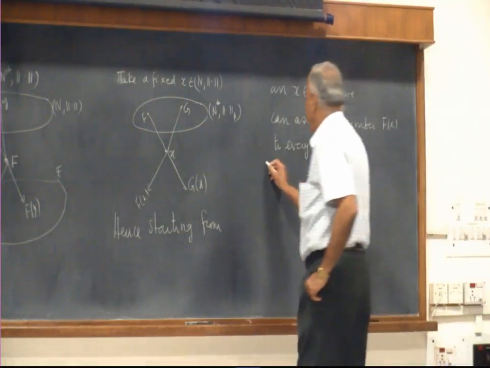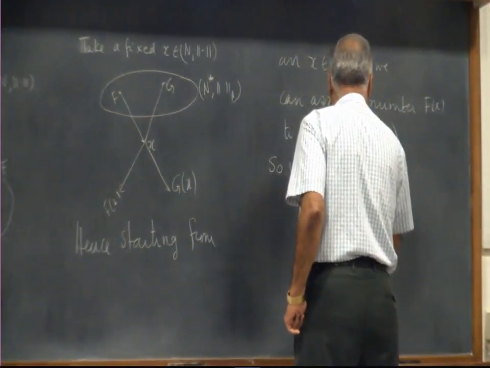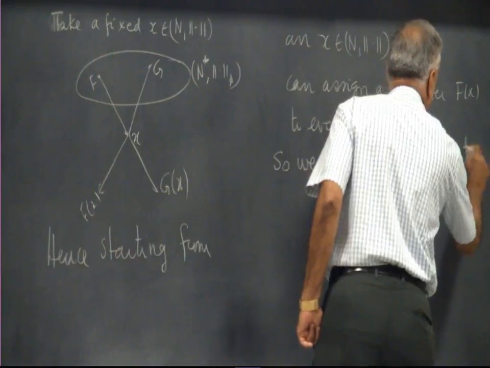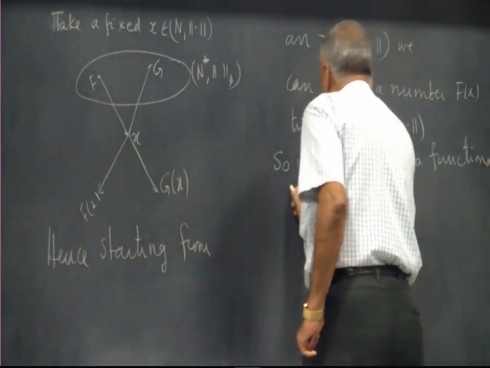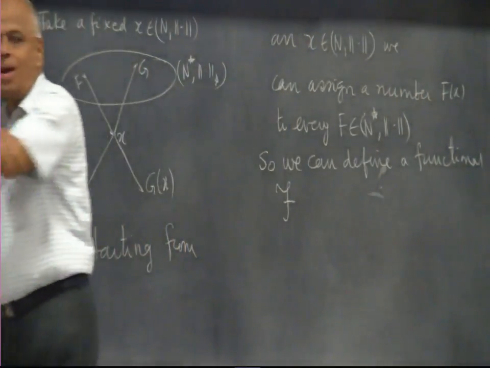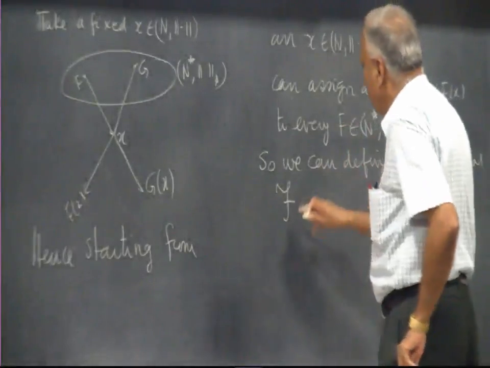So we can define a functional which I will call, because functionals on N star are always with script letters, F, and that functional depends